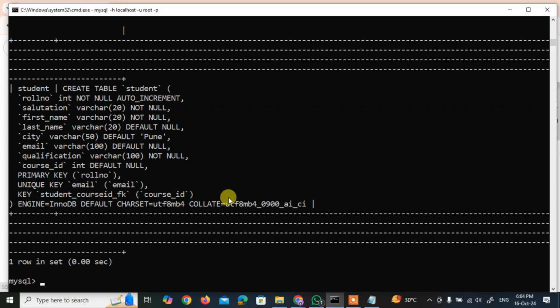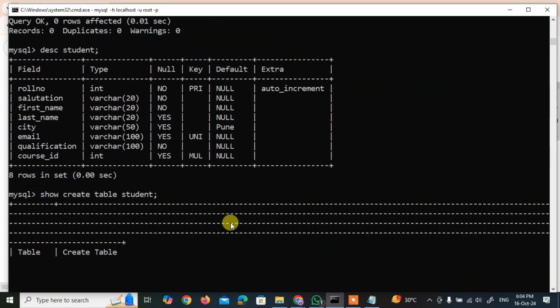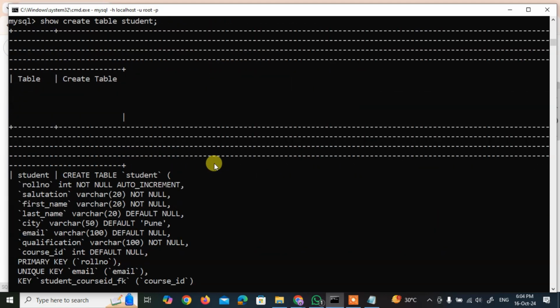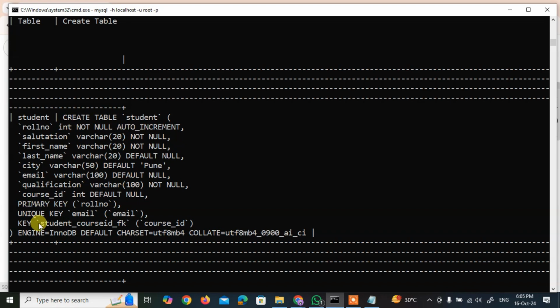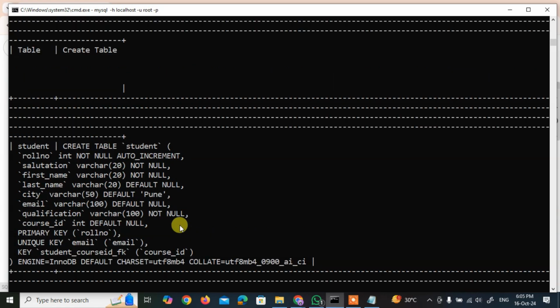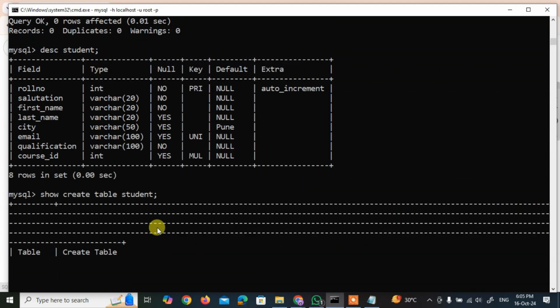Okay, so the key MUL is available. Reason, whenever you create a foreign key, you are creating two things. One is an index and one is the relationship. So currently the index is not dropped, but the relationship has been dropped. That's the reason in show create table student you won't be able to see the foreign key, but there would be a reference that would be available.